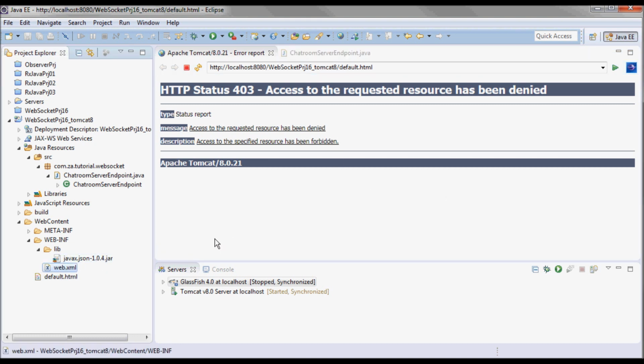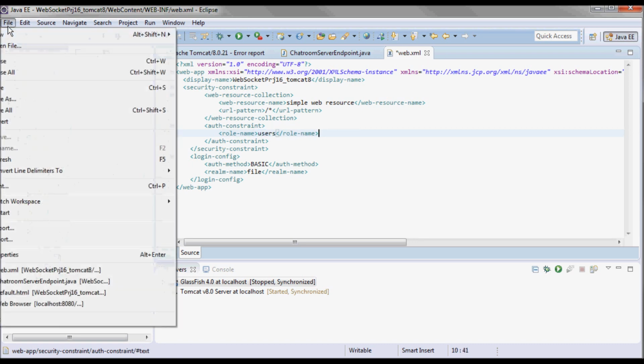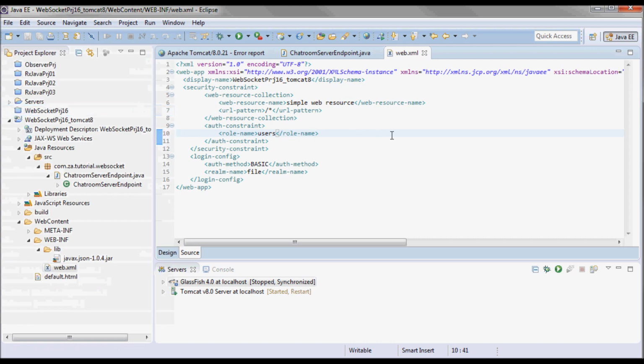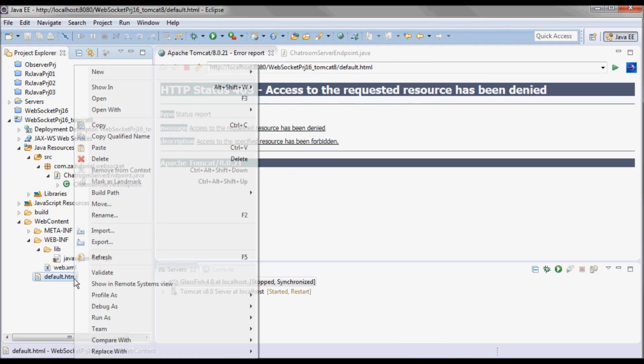Let's go to web.xml, and the role name here for Tomcat should be users. And now let me test run it.